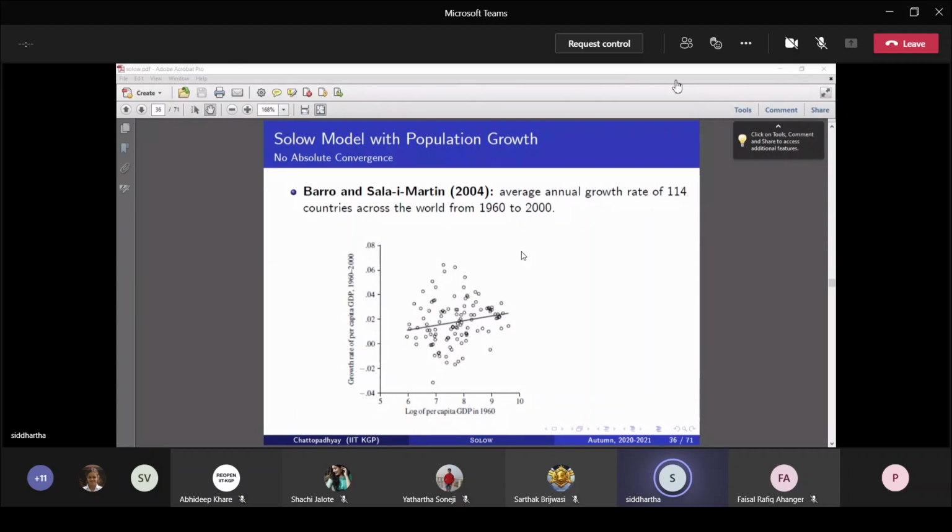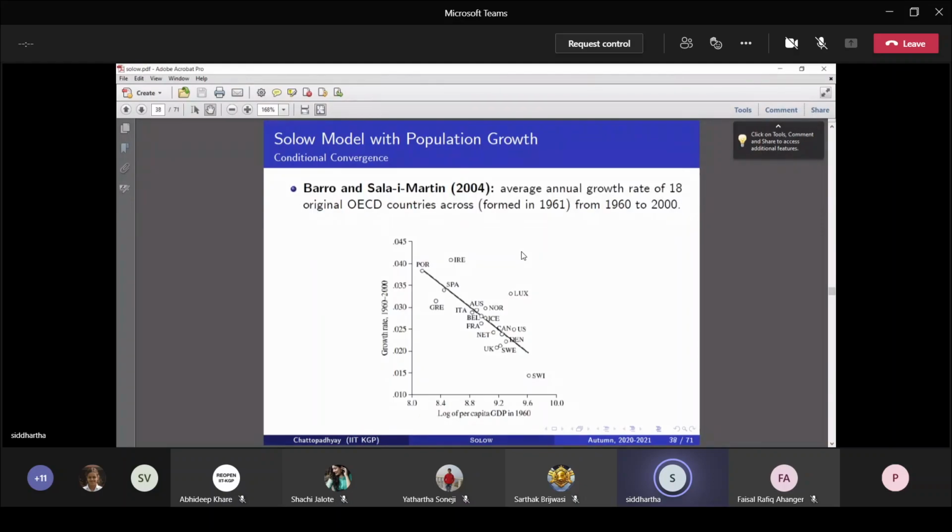In this figure, I'm taking all the countries together. Over here, I'm taking the countries whose log per capita GDP in 1960 is at least as large as 8.0. So 8.0 is my threshold income. This particular figure analyzes countries whose log per capita GDP in 1960 is above 8.0. So this is how I am determining homogeneity empirically: the income level, whether it is higher than a particular threshold or lower than a particular threshold.